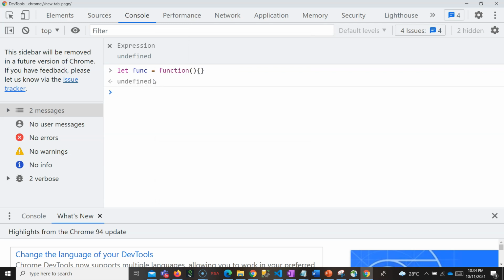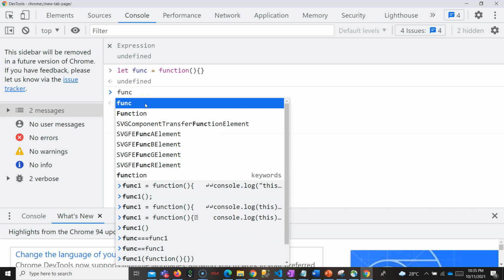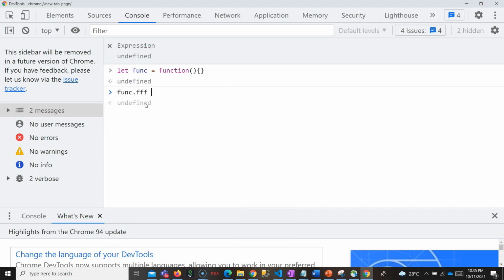Now to prove that function is an object, in JavaScript the function is called a function object. You can treat a function as an object. You can assign it to a variable, you can send it as a parameter to another function, and return the function as well. That is also possible. That's why it is called first class objects. To prove that function is an object, you see func is a function. If you want, you can also assign a variable to it. So this proves that this is an object because we can assign